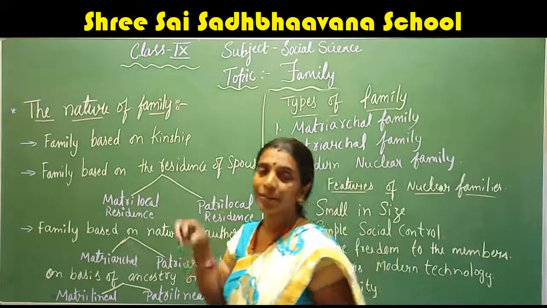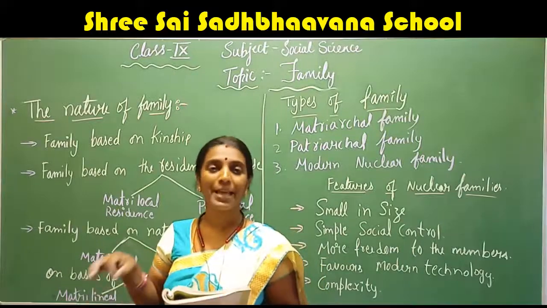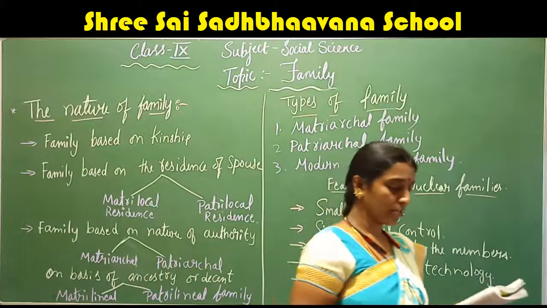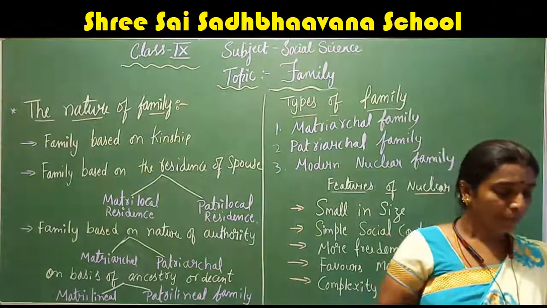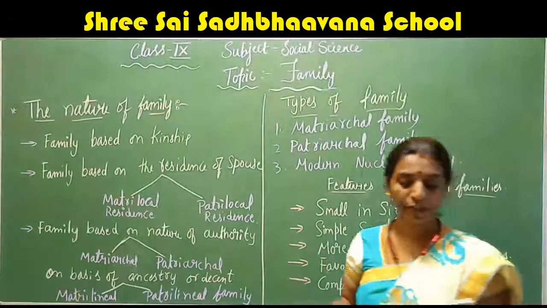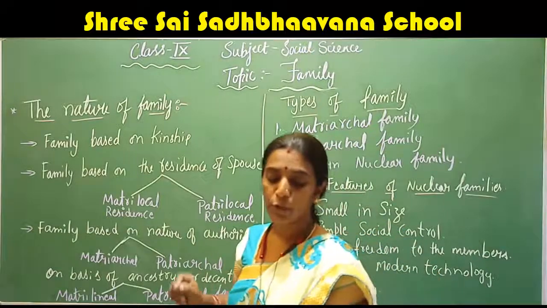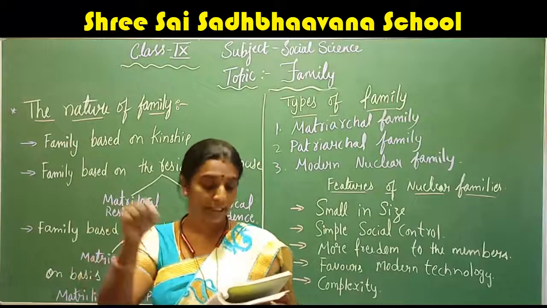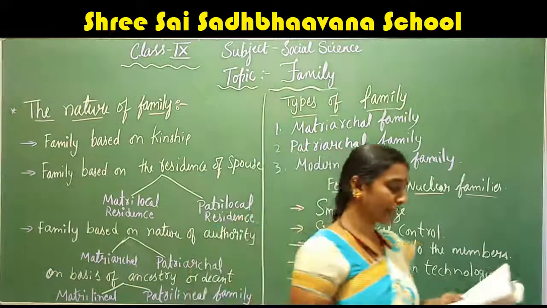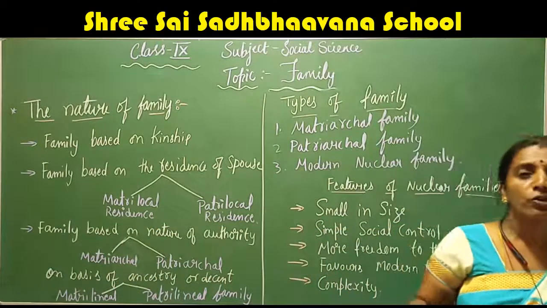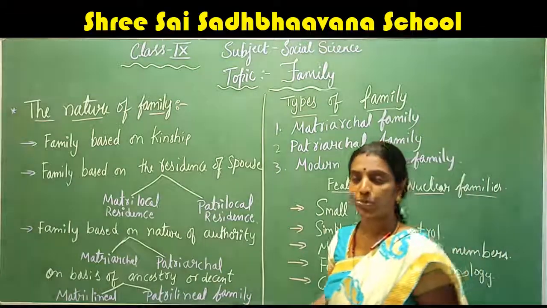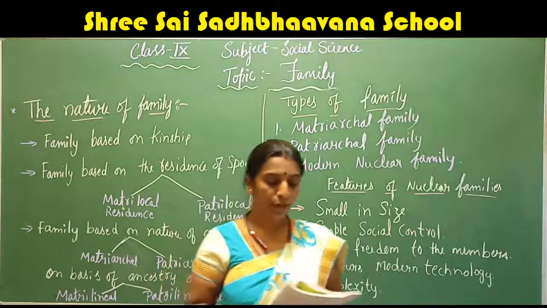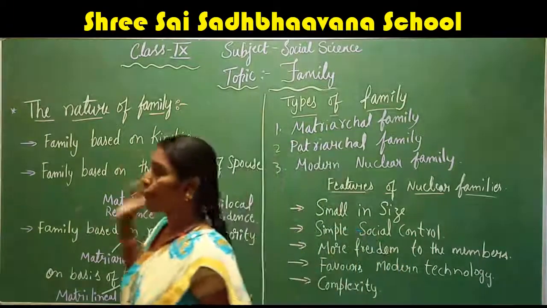So only this will be the point of his existence, the center of his existence. The family, I said, becomes the center of their existence. Again, for the children who are born into a family of husband and wife, that family becomes the center of existence. A family that has more generations living together is called a joint family. Joint family we will discuss later. We'll continue with first the nature of family.